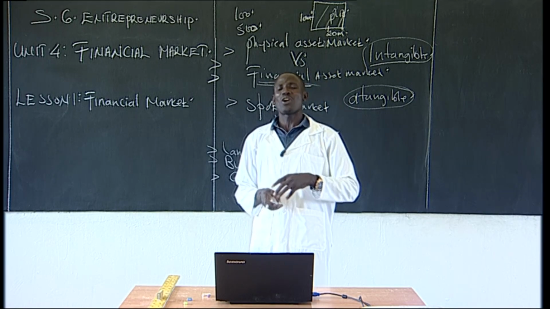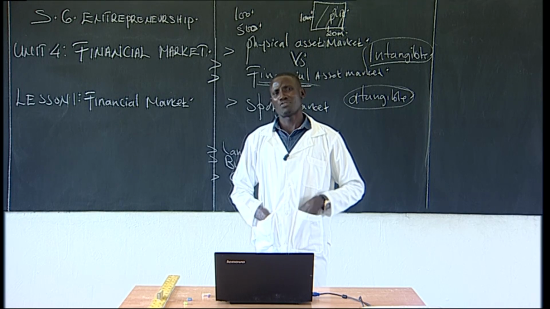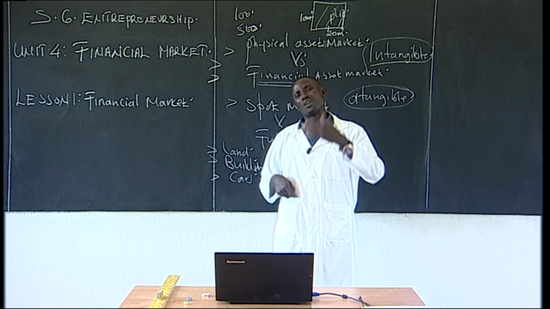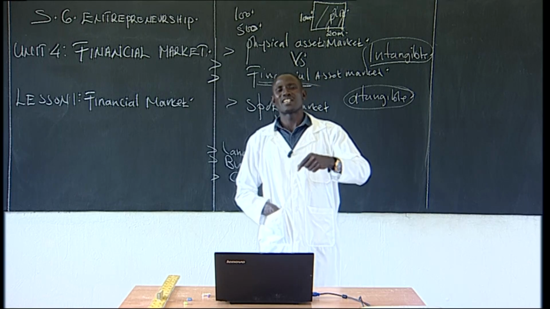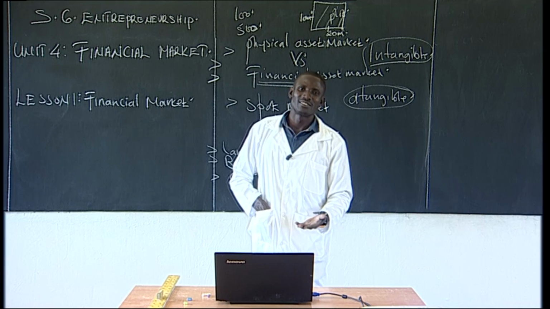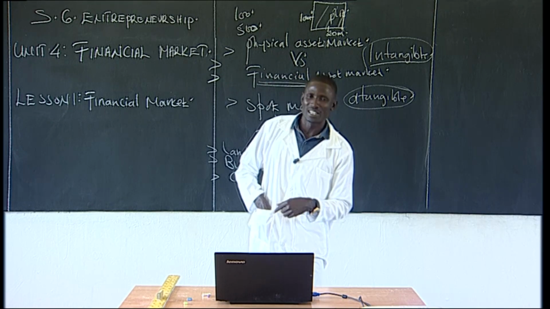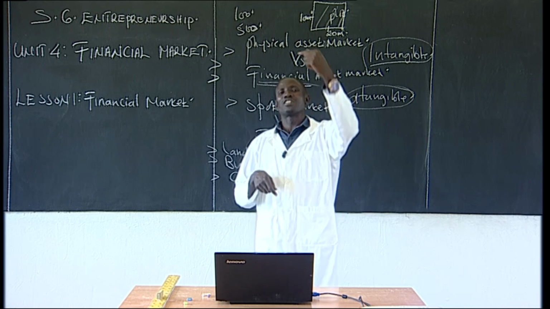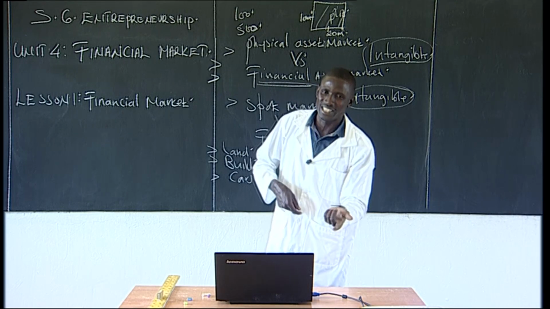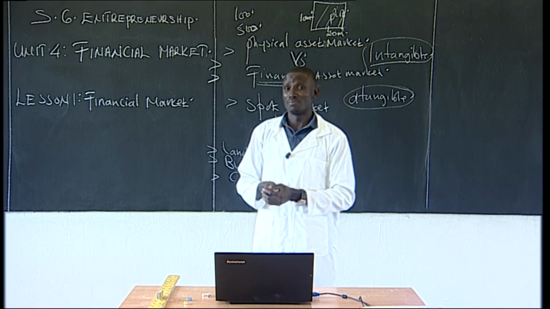So financial assets, they are fluctuated. For example, now I want to change a Rwandan to a euro. Today the cost is like 100, it is going to give me 100,000 Rwandan. Tomorrow it is going to change to 80. Another day it changes to 90. So you find the price is fluctuating all the time.